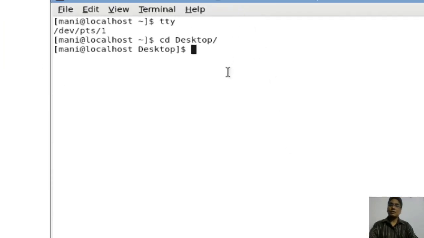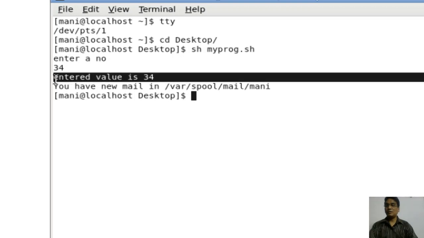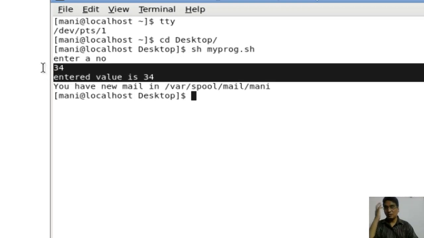I'm going to run sh myprobe.sh. It's going to ask me to enter a number, so I'm going to say 34, and it's going to show the result: enter a number, and you have entered a number. So that's it. It's a very small program.